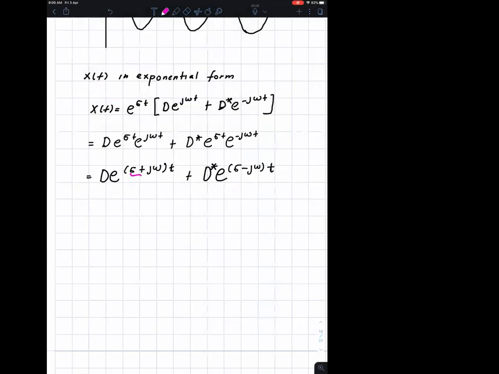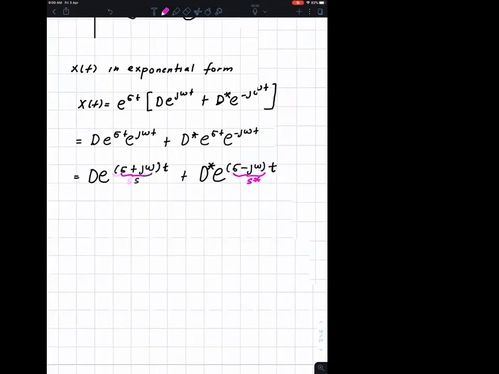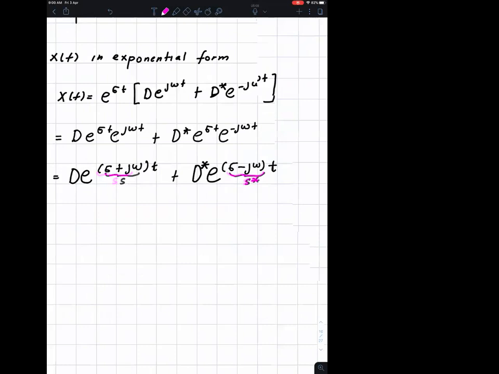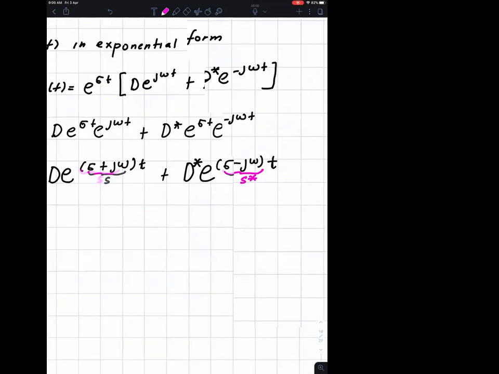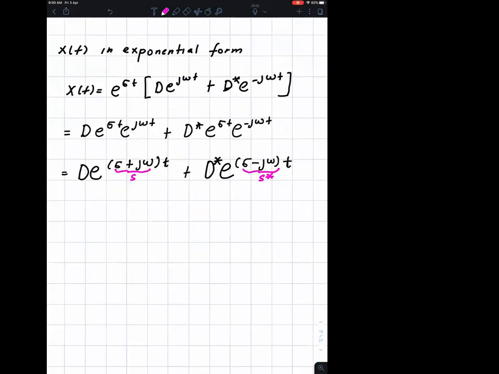We call this part here S. And then call this the conjugate part, because on one side you have positive j omega, on the other side you have minus j omega. So this side is S, and this side is S asterisk, indicating complex conjugate. Okay, then we can try to define